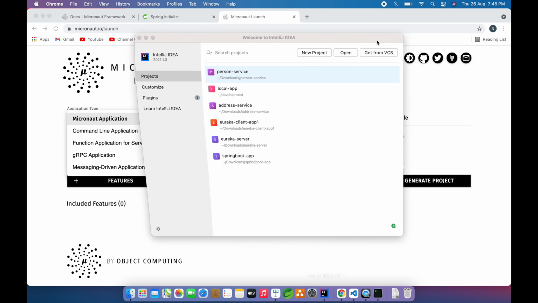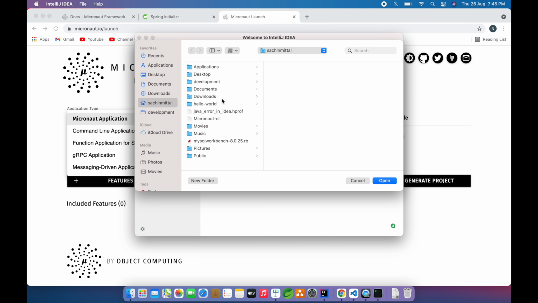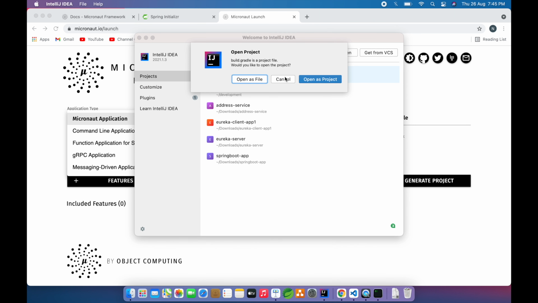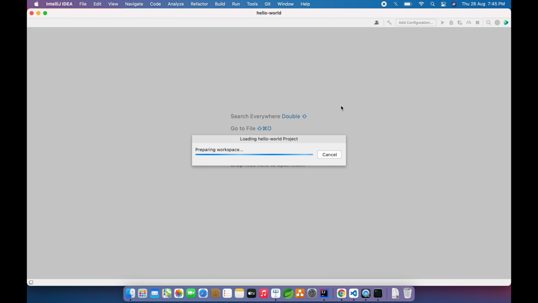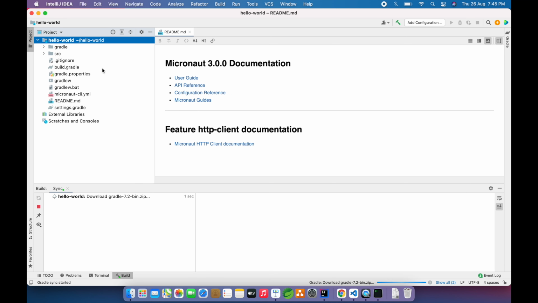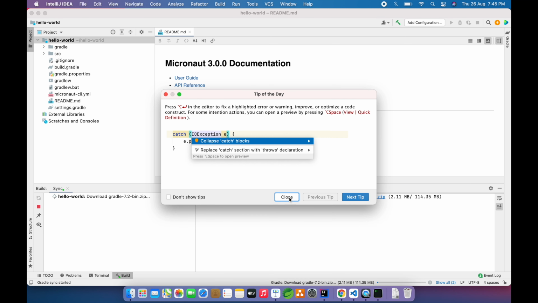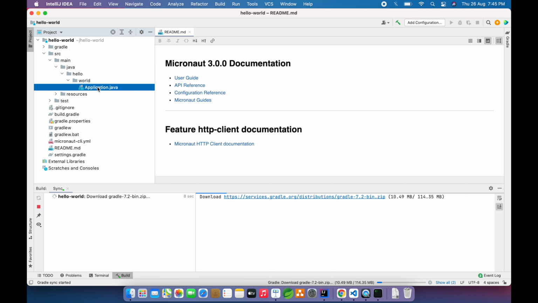Now let me import this helloworld build.gradle as a project, trust project, yeah. So it will download the dependencies here, right? And this is our application.